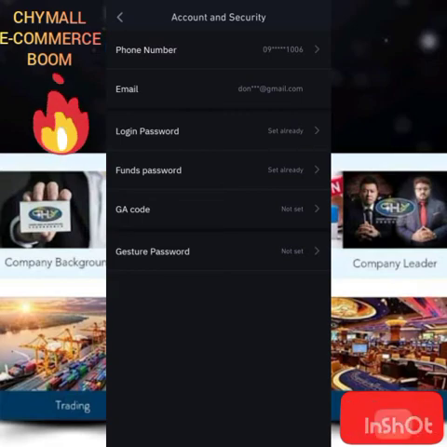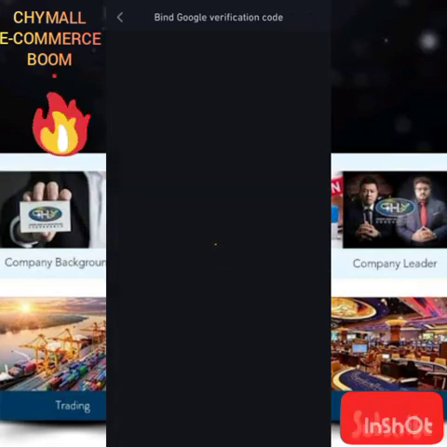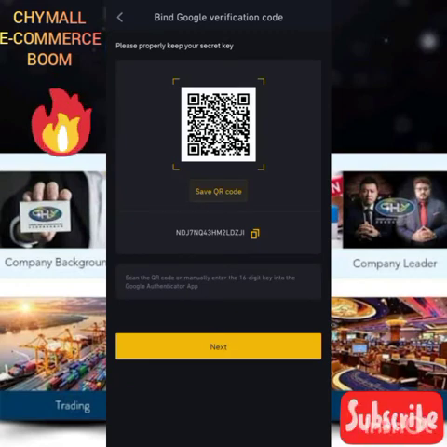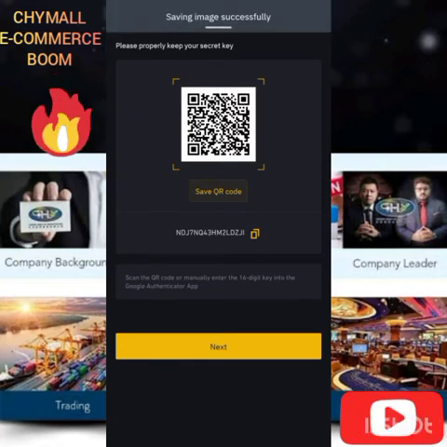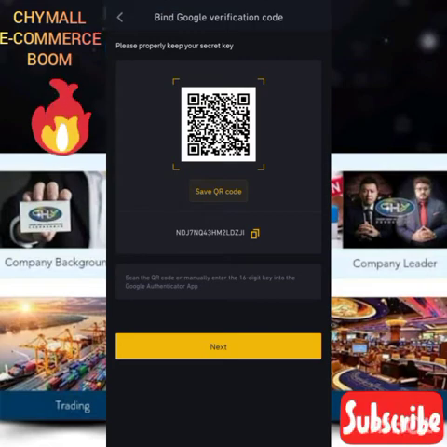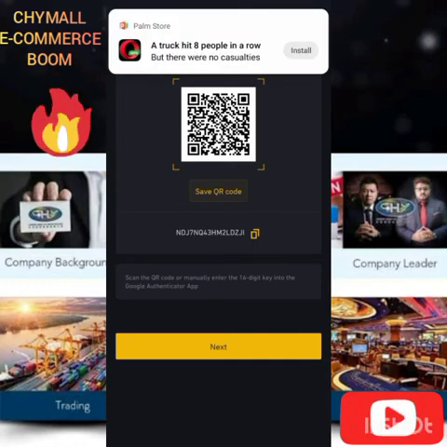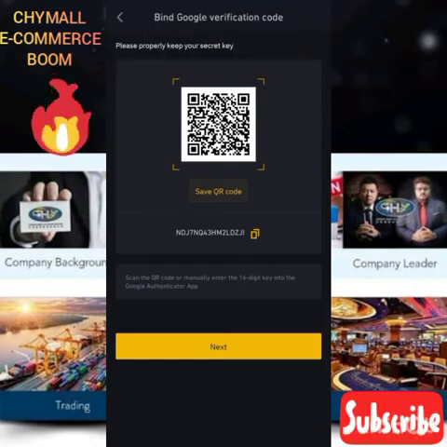So I'm going to take us through now. Now you click on the GA code. We are working on setting it up now. Now this is what I was talking about. This is the QR scan. So you can decide to save it and quickly use the Google Authenticator to authenticate it so that you get the number that will be given to you. But I will advise you use a separate phone so that you can quickly authenticate it from this very place. So if you have a Google Authenticator in another phone, all you need to do is scan this very QR code that is displaying.